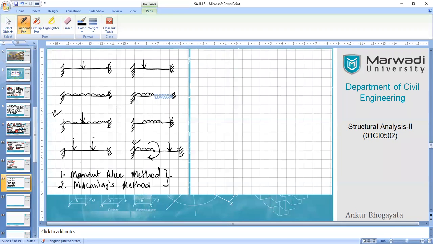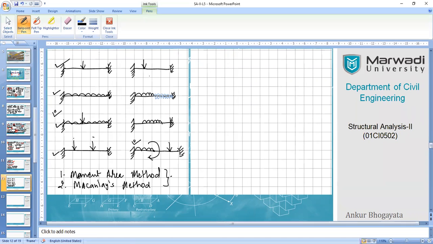This was the slide which we discussed in the last lecture, where I showed you similar types of standard cases, like case number 1 here, case number 2 here, right? Even you can go up to 3 and 4 here, right? So all these 4 to 5 options are available, which you can easily solve by the moment area method for the fixed beams, also by converting the fixed beam into the simply supported beam.